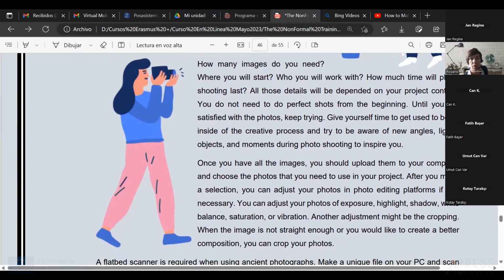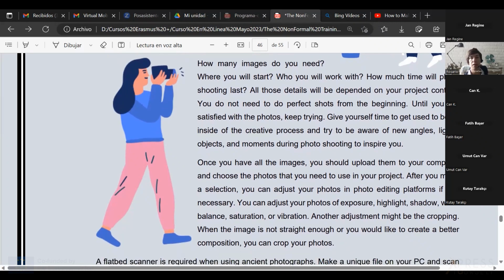So when you have all the pictures together, an advice again is that you put them all in a file, so you will not be wasting time in locating them. So have a file with your pictures in your computer, and then upload into the software if you need to edit them, or in the editing platform. There are some of them online we saw already the first day, or in your phone, right? You can also create a file on your smartphone, and then from that file you can edit those photos.